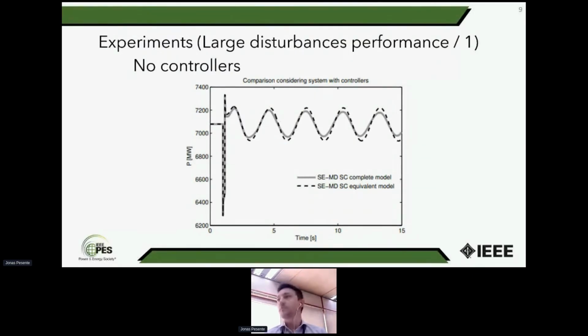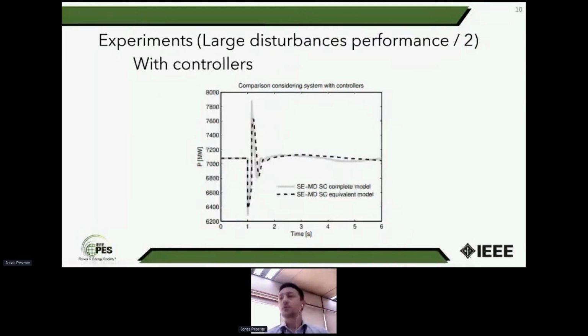Continuing, comparing the time-step simulations, the correspondence between the simulation of the full system and the equivalent system representation showed also an excellent proximity between them. In this slide, the response to an opening of a 500 kV transmission line after a 100 millisecond short circuit, without system controllers, shows the structural nature of the dynamic elements of the system is preserved. We can see that this oscillation is almost the same in the equivalent system and in the whole system representation.